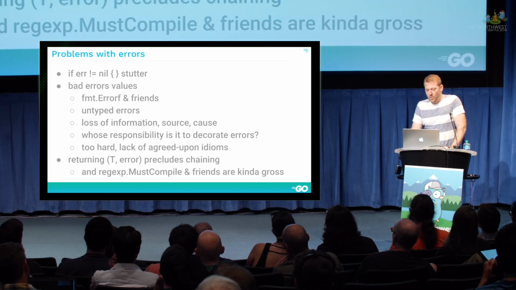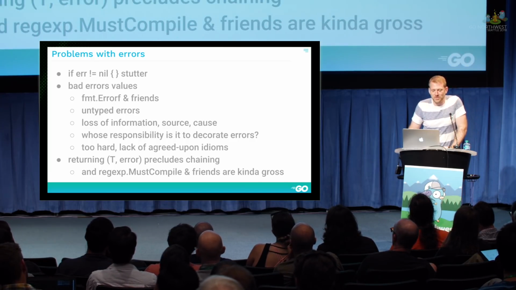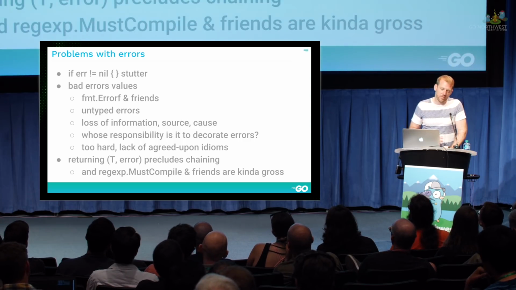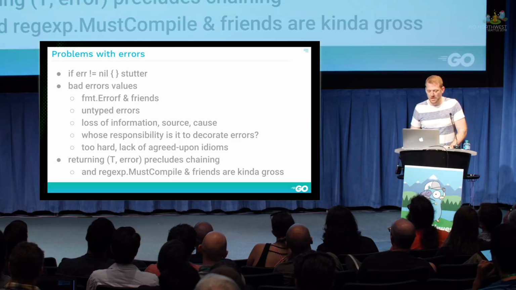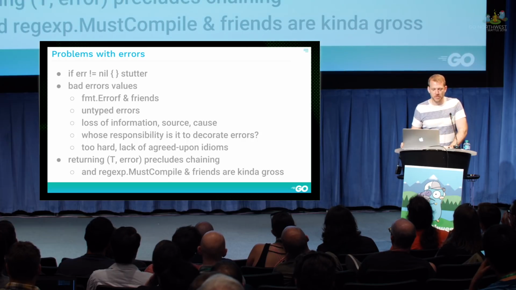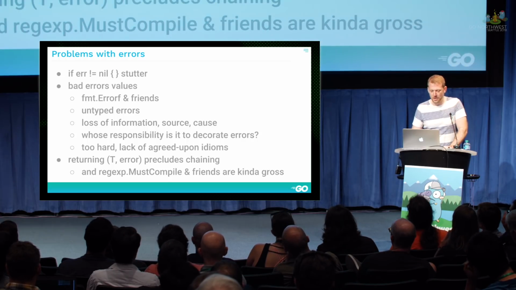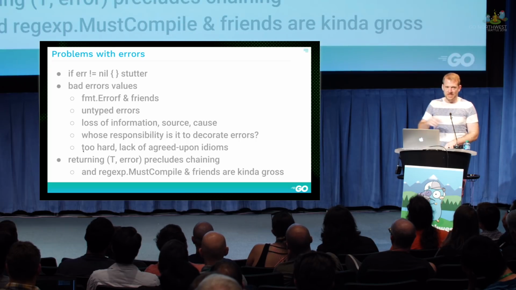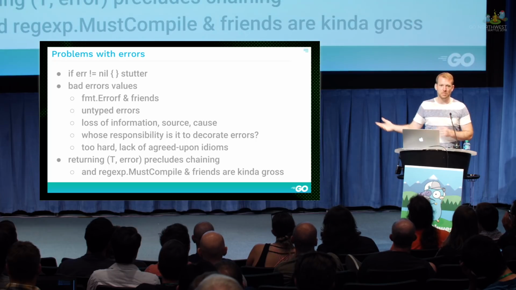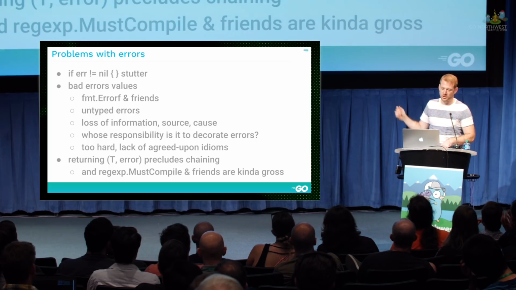So we would like it to be easier for people to do the right thing by default and keep track of where errors came from and their cause and maybe their stack trace. But at the same time, you want to be able to handle the errors properly, and you don't want a lot of stutter and repetition in your caller code. It's also kind of annoying if you have a function that returns T, error. A lot of times people are tempted to return just T because they want to be able to chain a bunch of calls.